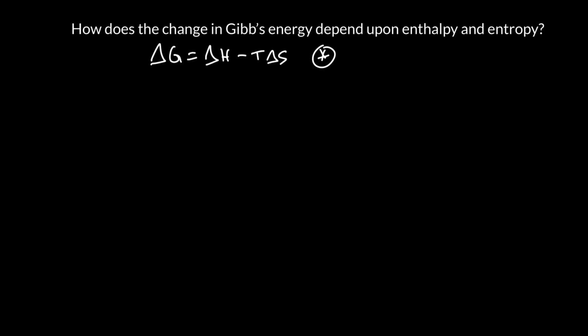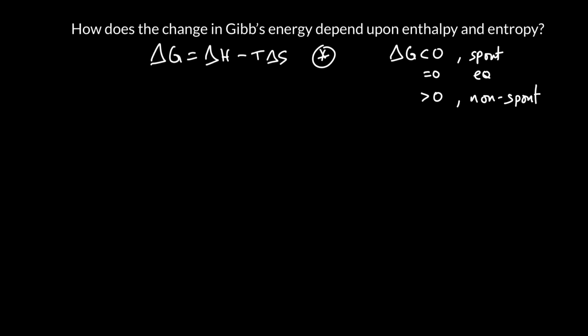All right, what is the criteria for spontaneity? Well, if delta G is less than 0, it is spontaneous. If it is equal to 0, it's at equilibrium. And if it's greater than 0 or positive, it is non-spontaneous, which means two things. So one, it means it's spontaneous going backwards, and two, it means, kick in some energy, and we can see